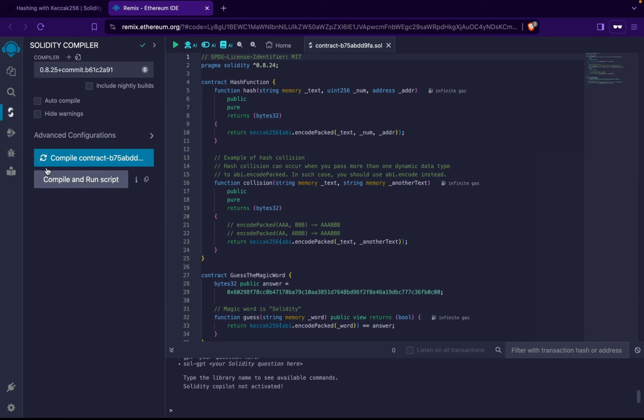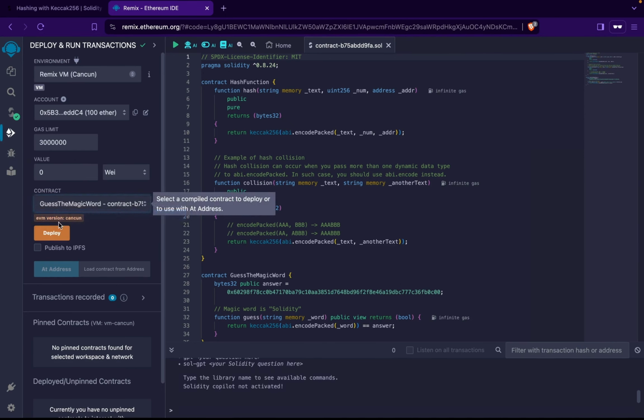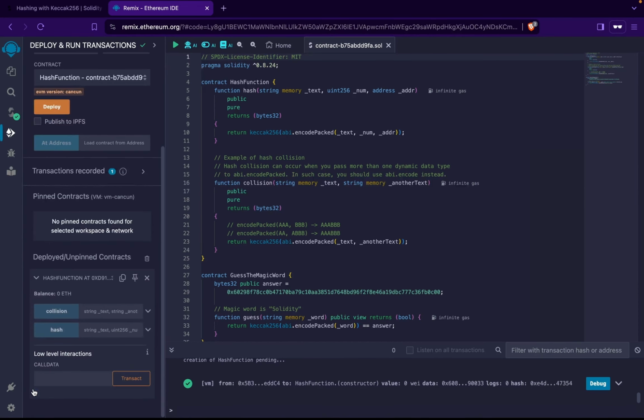So we have the contracts here. We'll compile it and then we'll deploy the Hash Function contract. So you see that the hash function takes in a string "hello", a number 100, and any address. So we'll type in this